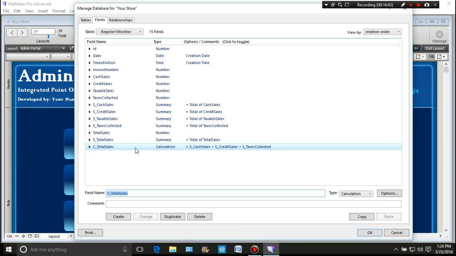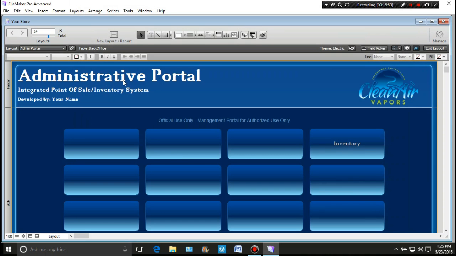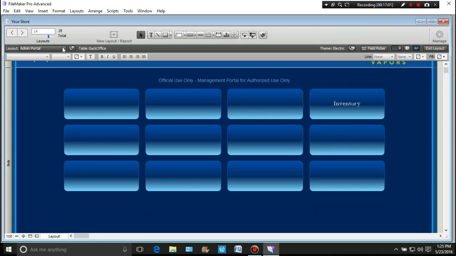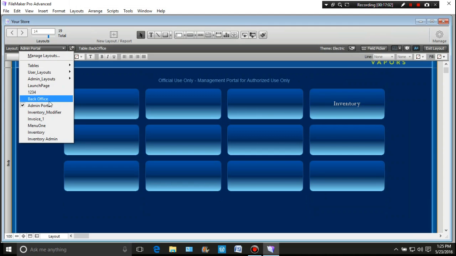I don't really think that we need it. Calculations are wonderful. They have so many wonderful uses, but nothing that I really want per se. So now what we're going to do is we're going to need to create a page